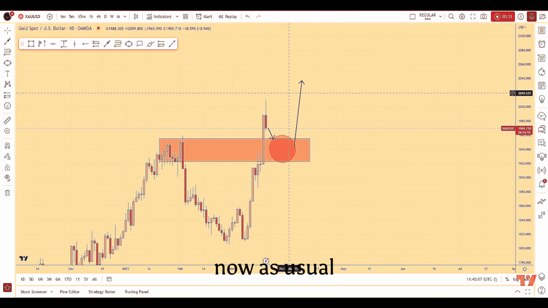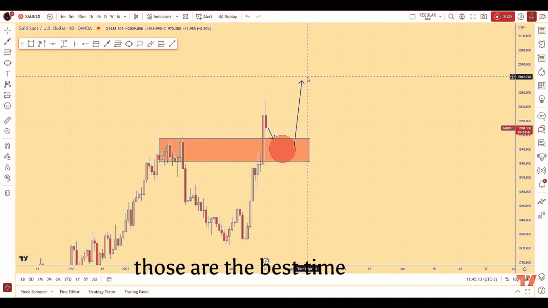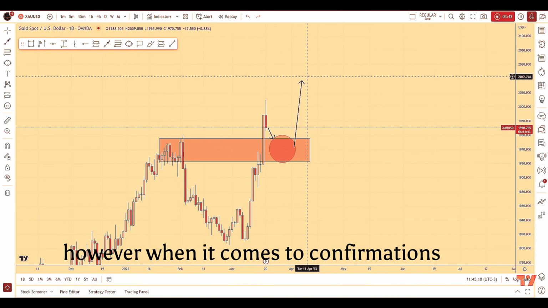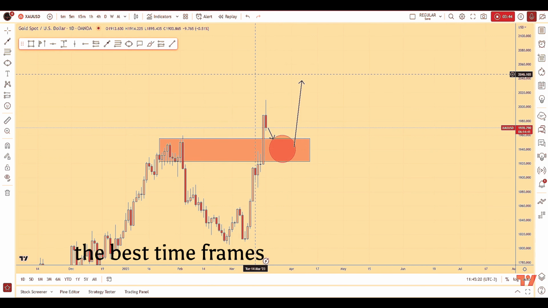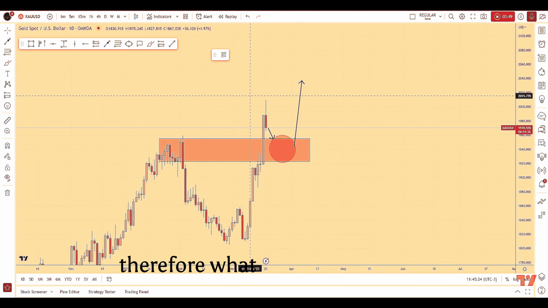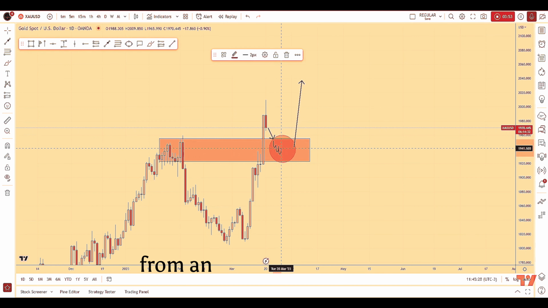Now, as usual, trading is reactive and not predictive. The monthly, weekly, and daily, those are the best time frames from a directional perspective. However, when it comes to confirmations and entries, the best time frames are the intraday time frames, so 4 hour and lower. Therefore, what we could be doing, potentially also with students, is monitoring price action from an intraday perspective